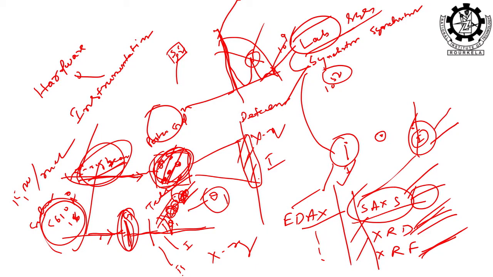Although it is invisible, the X-ray beam path should be well defined, in which path the beam is coming, and whether it is incident on the sample or not. That is why there are fluorescence screens to detect X-ray. When the X-ray is incident on the screen, green light comes out, and you can know this is the path of the X-ray. If you go in this path, light is there, but when you go here, no light. That means here there is no X-ray. So, the path of the X-ray must be well defined, otherwise how can you put your sample? The sample may not be interacted with by the X-ray photons, then there is no scattering, no diffraction.